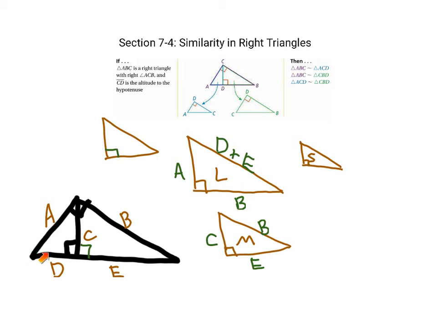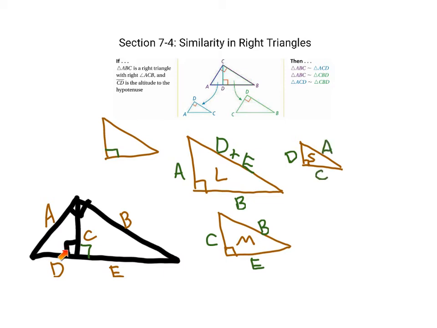So the small triangle's here on the left. The shortest side of that is D, so I'm going to bring D over here to the short side. The medium side of the small triangle is C, so I'm going to label that C. And the hypotenuse,